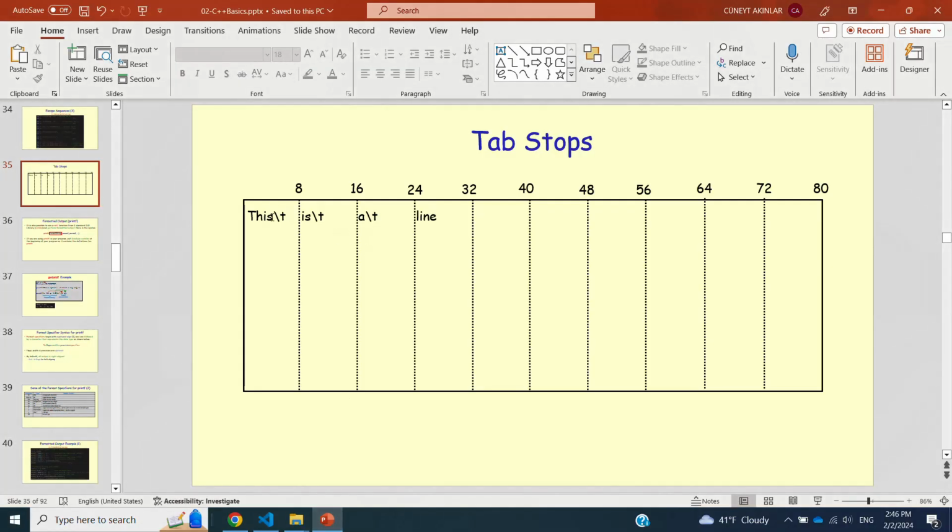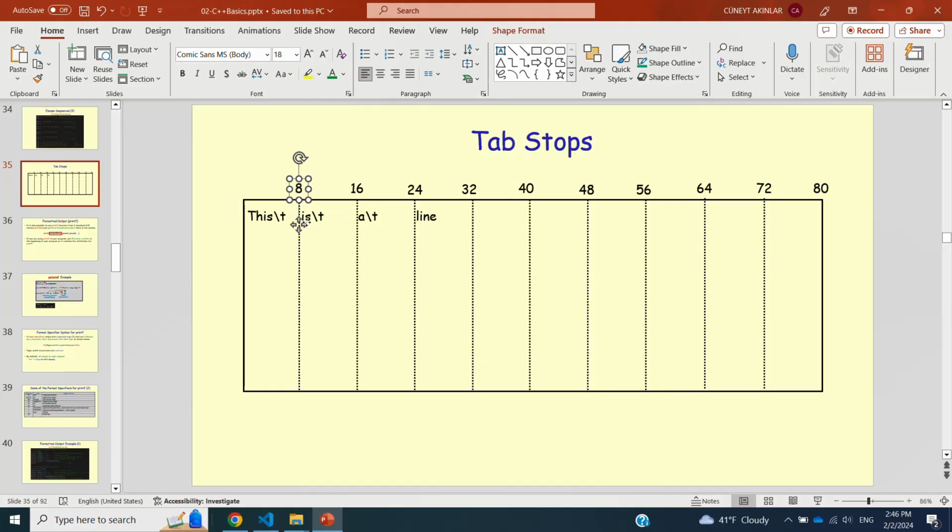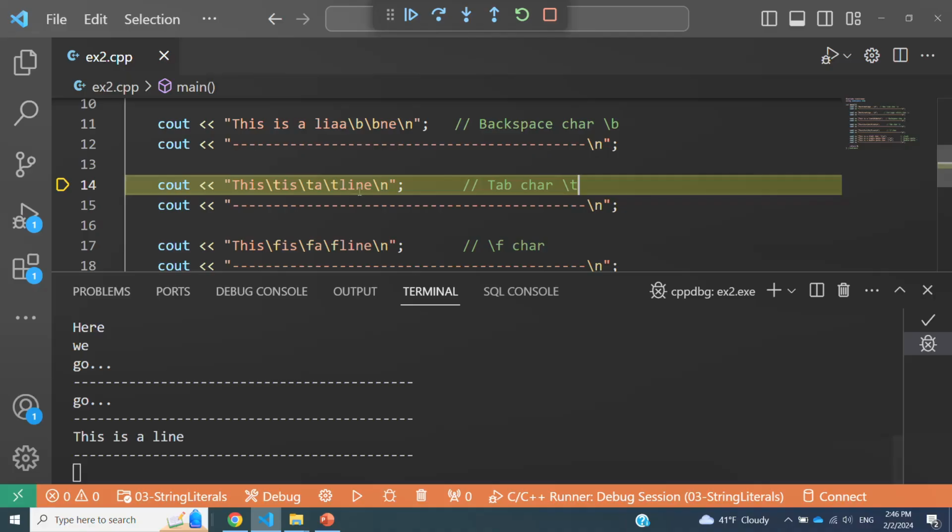What's going to happen is after you print this in the first 4 columns of this line, the next tab character is going to take you to position 8, which is the next tab stop. And then you're going to print is, and this next tab character is going to take you to column 16, which is the next tab stop. Remember, every tab stop is a multiple of 8, so it's all divisible by 8. And again, we print A, tab is going to take us to position 24, and that's where we are going to print line. So think of it this way. Every time you print a tab character, you're taking yourself from your current position to the next tab stop.